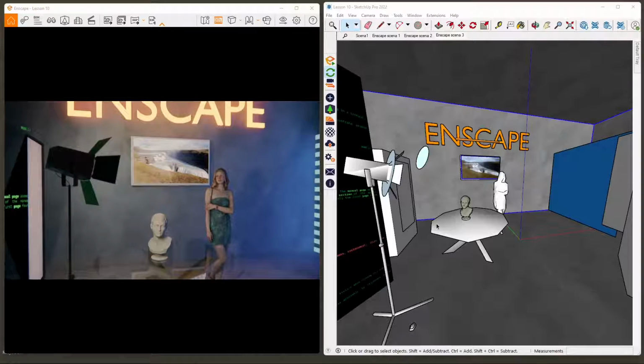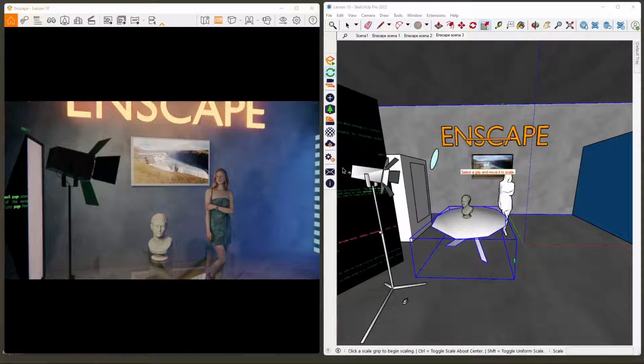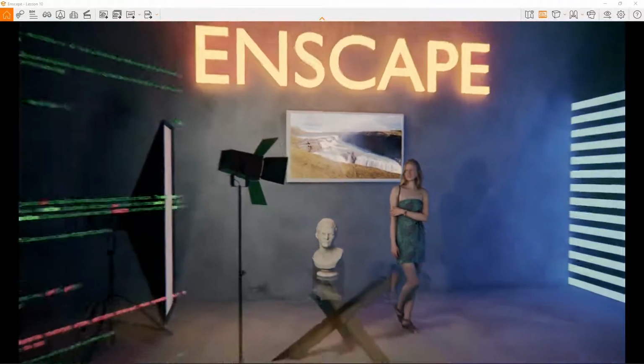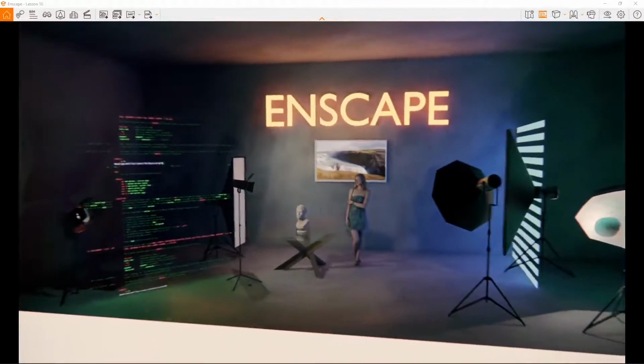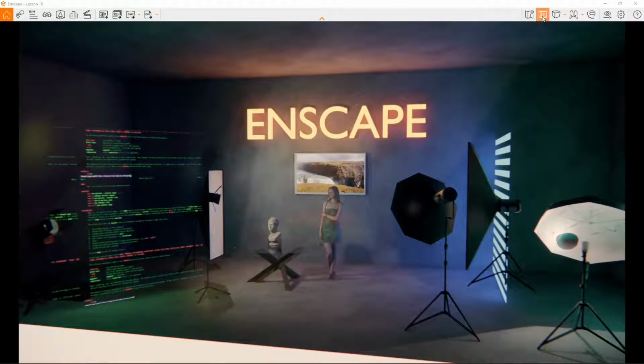So let's get here. This is our studio we set up earlier. We can use this to set up also our animation, and I will expand ENSCAPE because I don't need the SketchUp or the software that I'm using right now. I just need the ENSCAPE visualization here. Now, first thing you can do here is